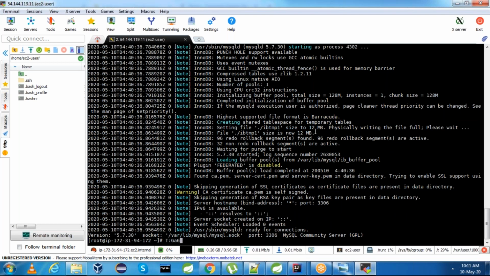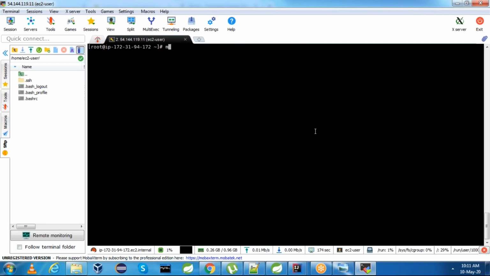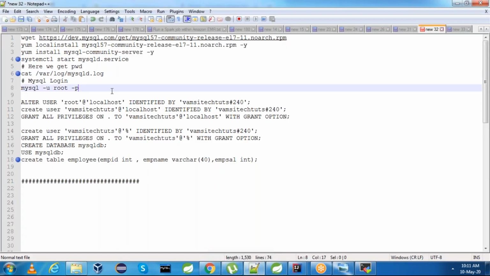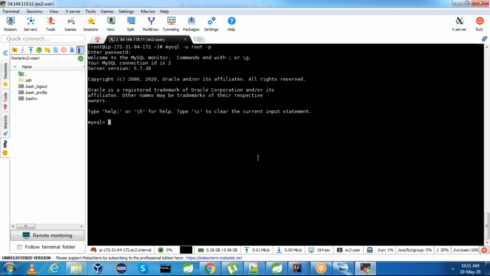Now copy the password and connect to the root user. mysql -u root -p, press enter and paste the password which you just copied. Now we are connected to the root user. Now if you want, you can set the password of the root user. I am setting this password. ALTER USER, your password does not satisfy the current policy requirements.